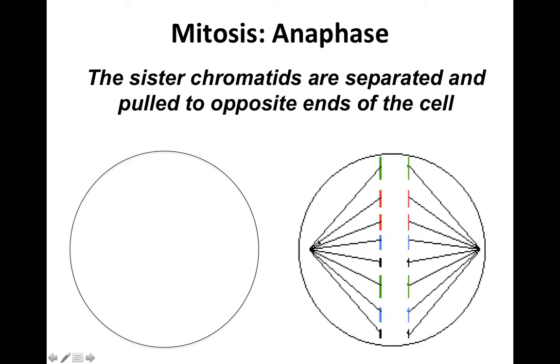Now how this happens is a pretty complex process, okay? We're not going to get into it, but I kind of like comparing this to going fishing. Whenever you throw those spindle fibers out there, what they want to do is they want to catch a chromosome, kind of like you casting your line into a lake and you want to catch a fish. When you catch a fish, you reel it in, right? Think of this as doing the same thing. They caught a, quote, fish or a chromosome, both sides, and they're reeling it in, okay? And we separate them. All right, so the sister chromatids are separated and pulled to the opposite ends of the